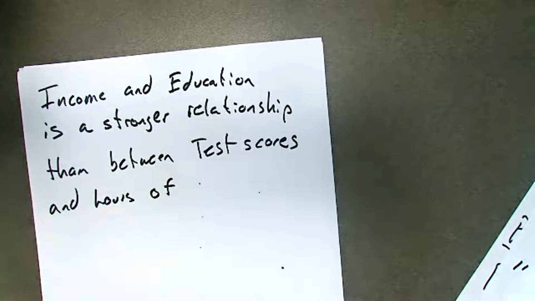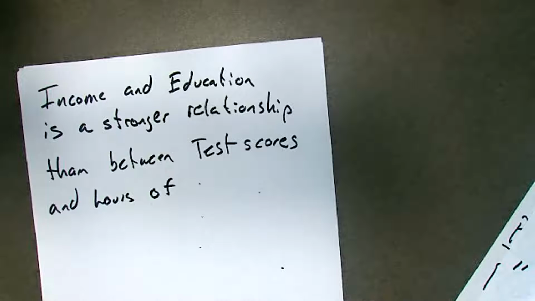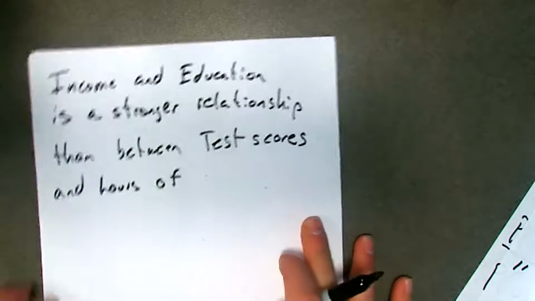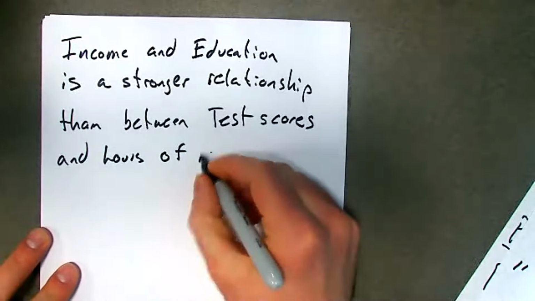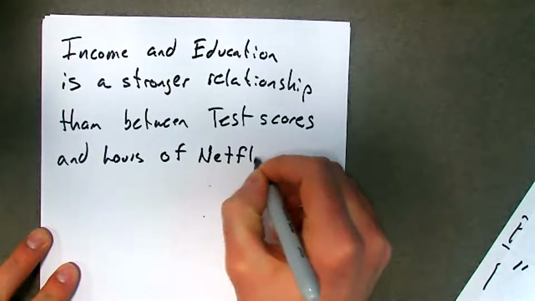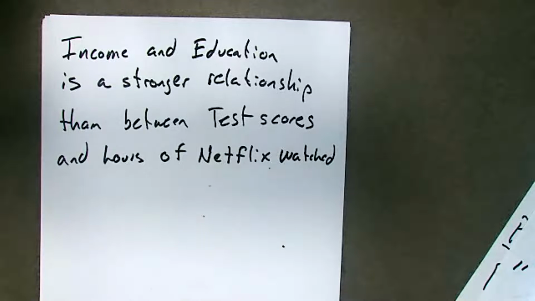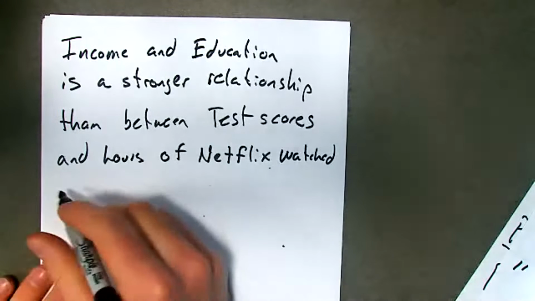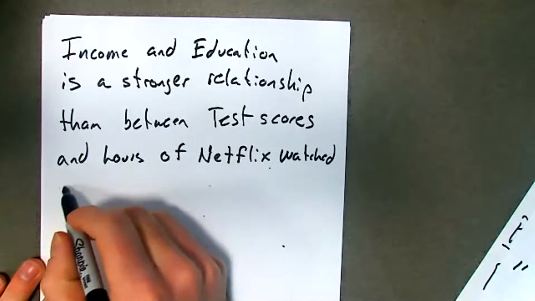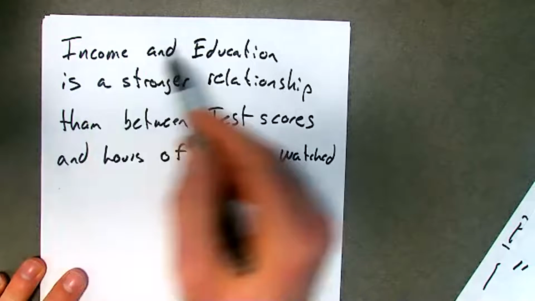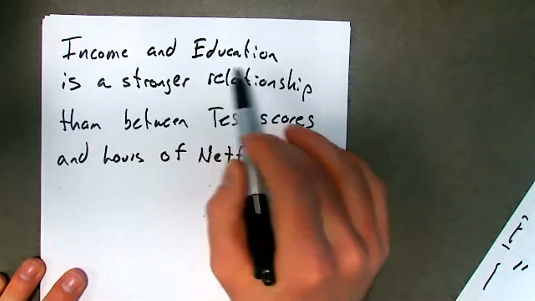hours of, oh, what's this goofy? Hold on. I'll get that out of the way. And hours of, I don't know, Netflix watched. Okay. So know that the relationship between education and income is stronger than the relationship between test scores and hours of Netflix watched. I also know that you might even add in there, the relationship between